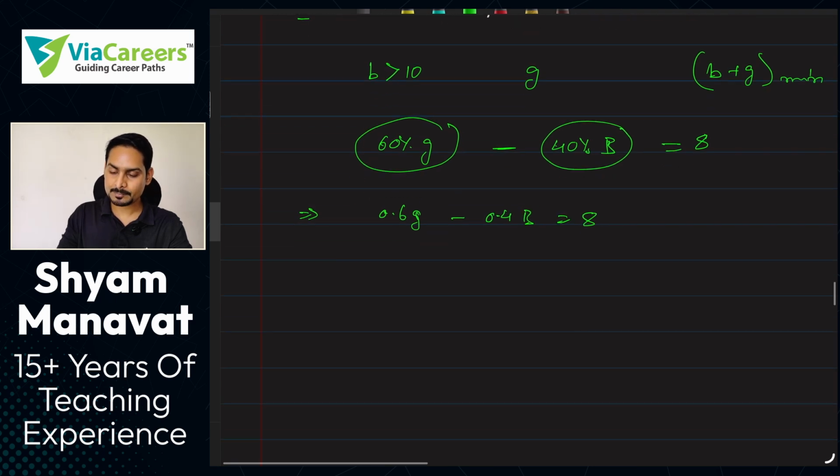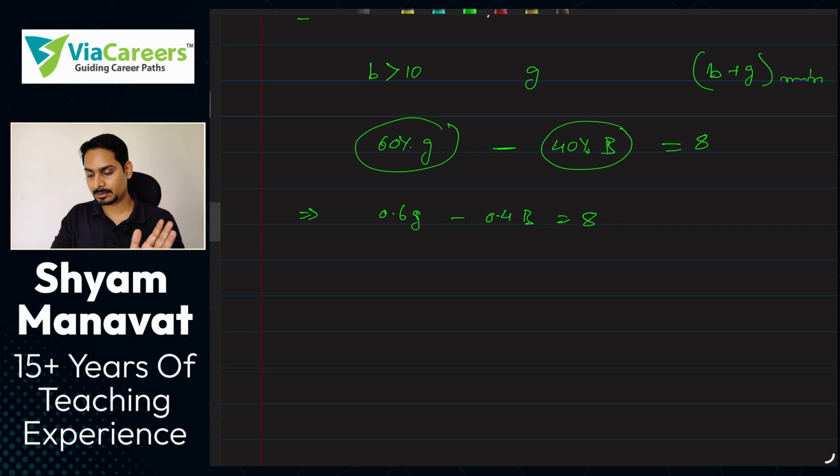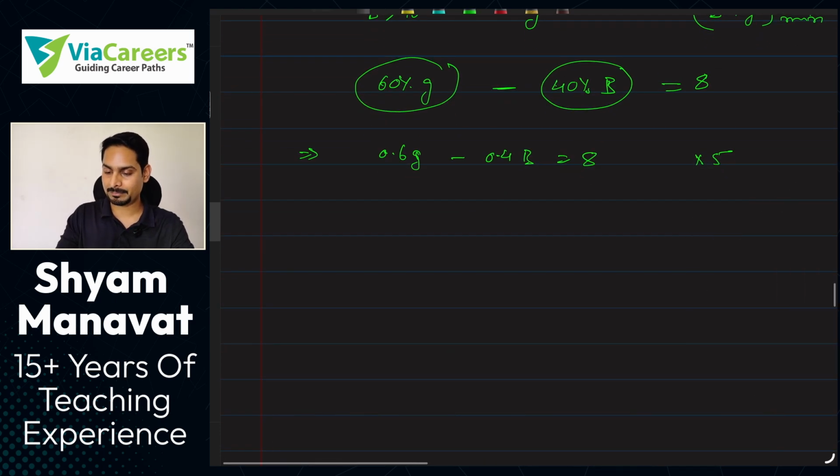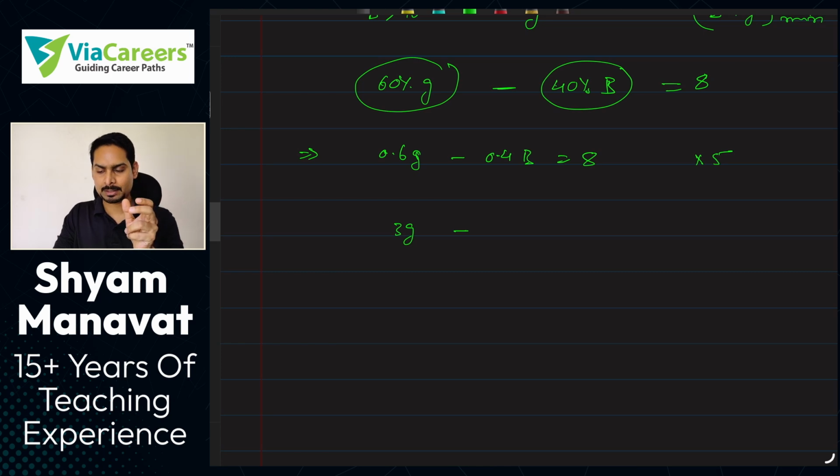to 8. Now you can simplify this by removing the decimal. I will simplify this simply by multiplying by 5. If I multiply by 5, then I get the equation like 0.6 into 5 is 3. We just need to have some easy integer numbers so that it will be easy for us to deal with them. This will be 2b because 4 fives are 20. Why did this b become capital suddenly? We had considered it small. Yes, let's keep it small. Equal to this is 40.